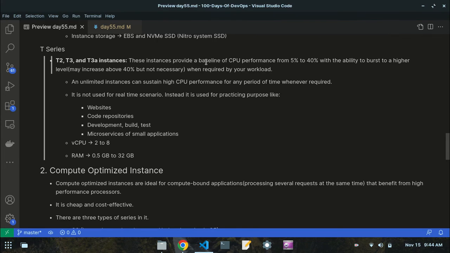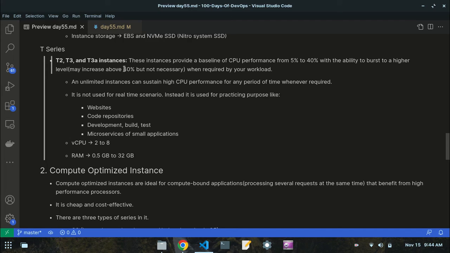These instances provide a baseline of CPU performance from 5% to 40% with the ability to burst to a higher level. So they provide a baseline of performance starting from 5% to 40%, and also the ability to burst to a higher level.